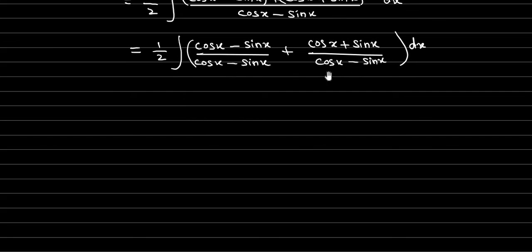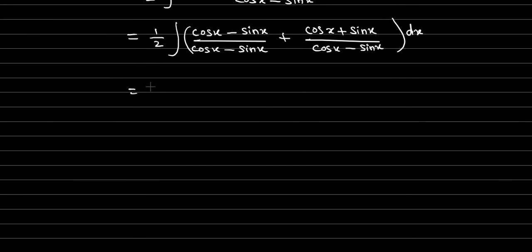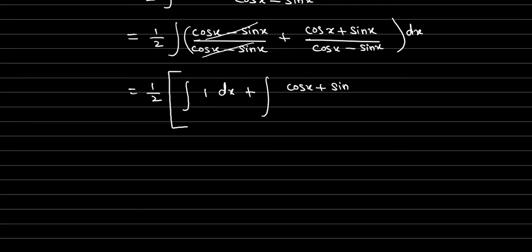Integration is common for both the terms, so 1 by 2 integral. This one cancels, so the value is 1. These two cancel, so 1. So integral 1 dx plus integral (cos x plus sin x) by (cos x minus sin x)